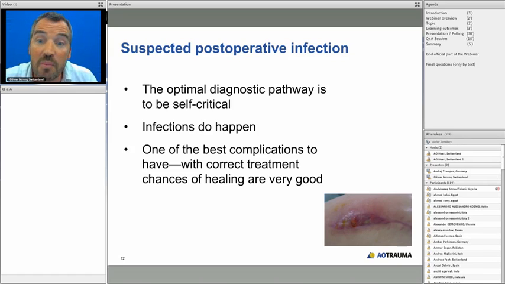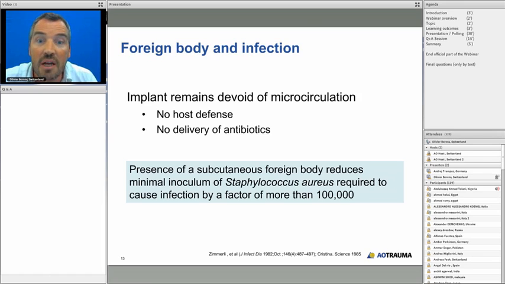So it's very important to be honest and to start dealing quickly with the infection in order not to have too much biofilm growing on our implant. What is biofilm, and why are our foreign bodies, our implants which we are putting in our patients, getting infected anyway? Well, the problem of the implants we are using, whether orthopedic implants, breast implants, or vascular implants, is that implants are devoid of microcirculation. As they are devoid of microcirculation, they have no host defense. They cannot defend themselves against